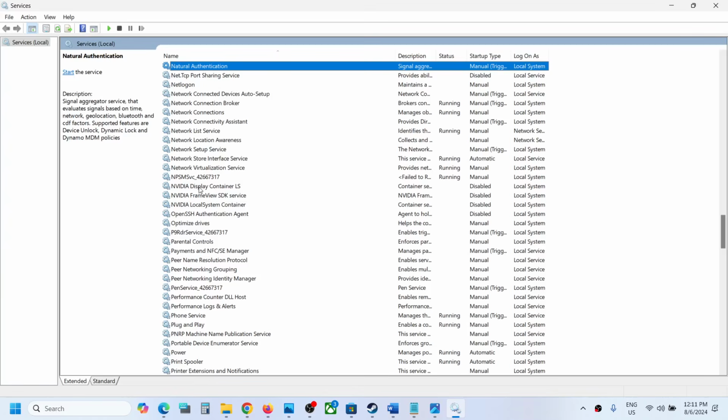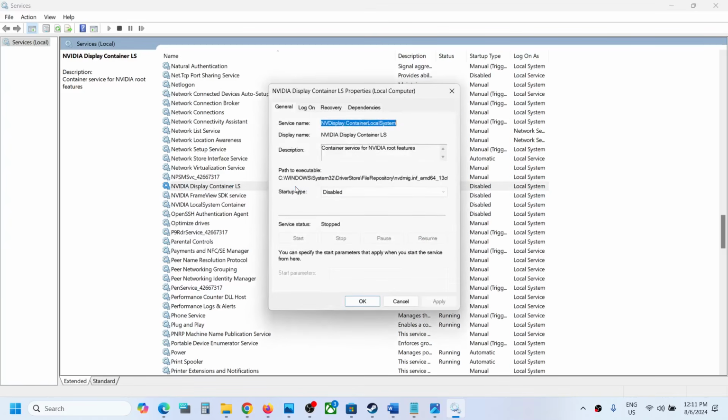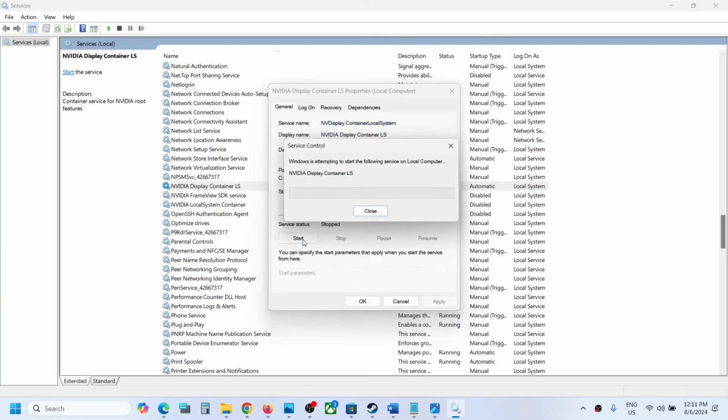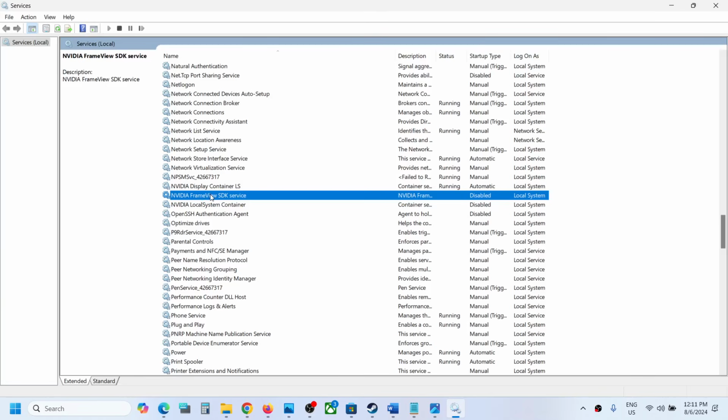So here you can see three NVIDIA services: NVIDIA display container LS. Make a double click on it and then set startup type as automatic. Now click on apply. Click on start if highlighted and then click on OK, and then select NVIDIA FrameView